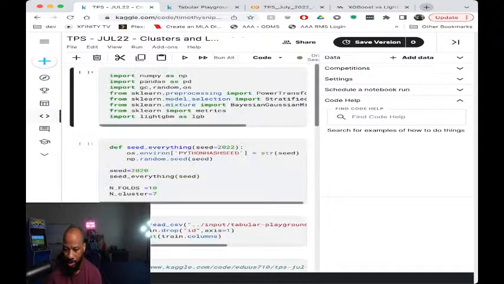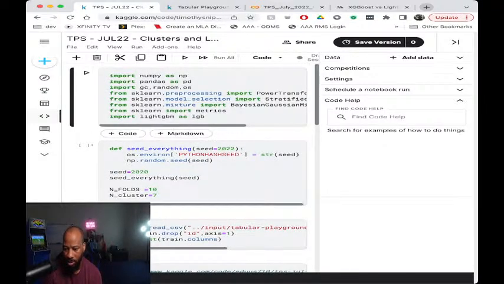Okay, so a couple of things were important. Obviously NumPy, Pandas, GC, we're going to be doing sklearn, and of course LightGBM. So let's go ahead and just